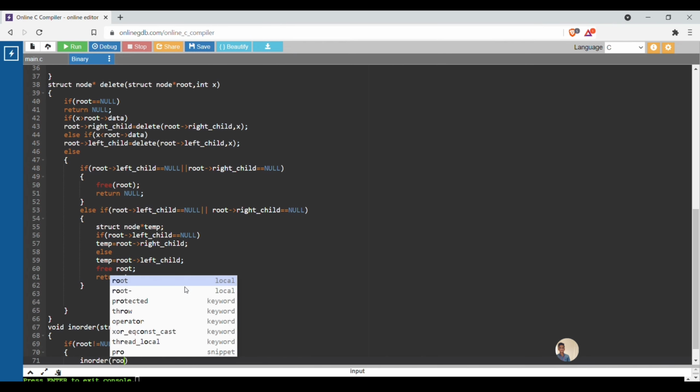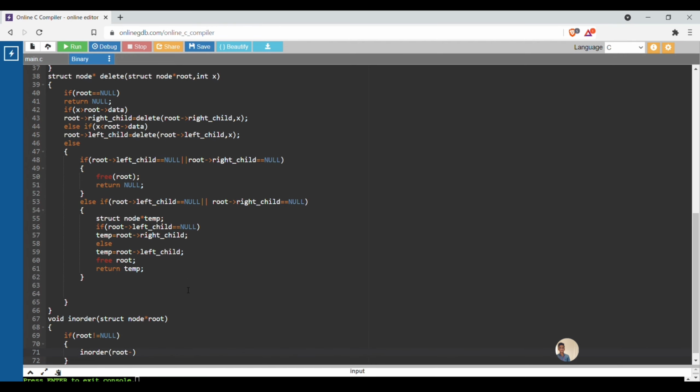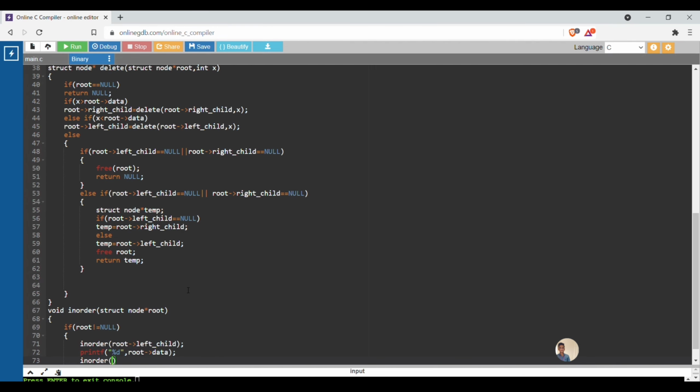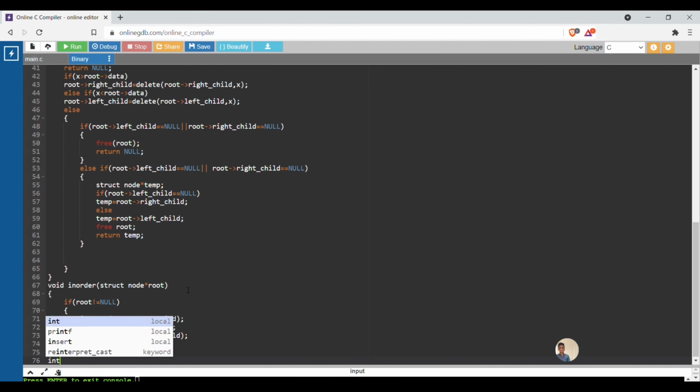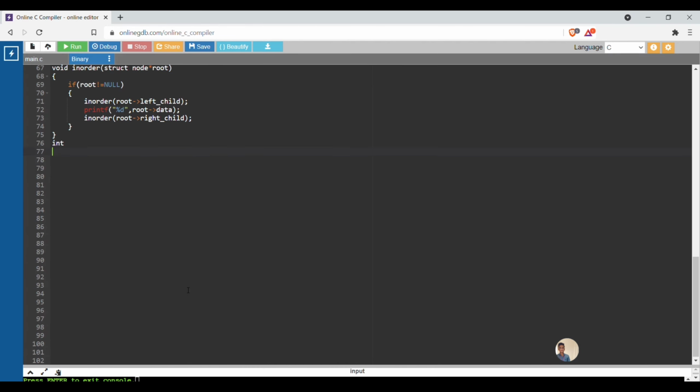And we have to put an in order function. So void in order struct node star root. This in order is the function to print the elements in a tree. So we have to use this in order in our code. So inside that, put an if condition. If root not equal to null, we have to print the left child first. So in order root of left child, after that print the root data. In in order we have to print the left element first, after that the root element, after that the right element. This is what is written here. In order root of left child, after that print the root data, and again in order of right child, and close the if, and close the in order function.